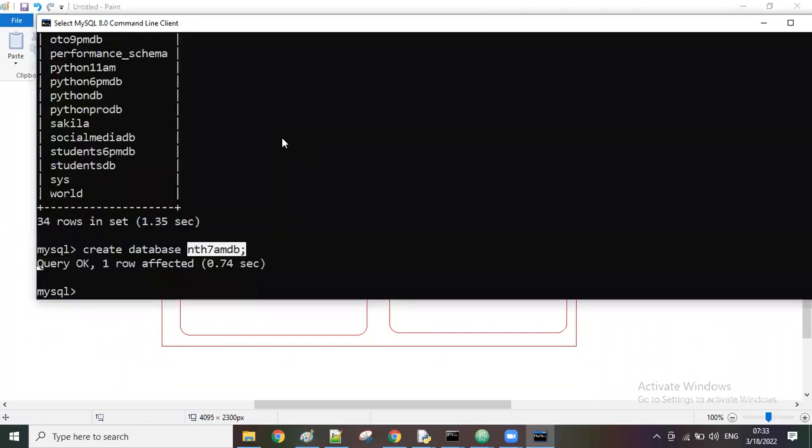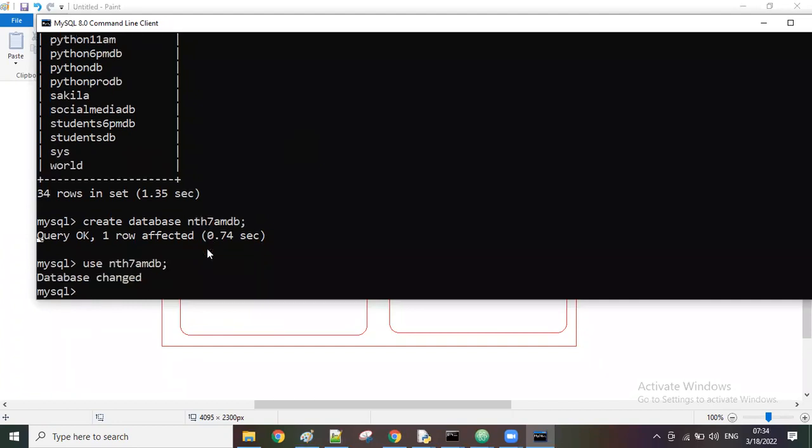We specify it compulsorily. So what's the command name? Use. Give the database name, the database I want to use. That's all, right? So always create it and use it compulsorily. Out of all, I'm going to use so-and-so database like that. Simply, I'm activating this database so that it will be useful to create